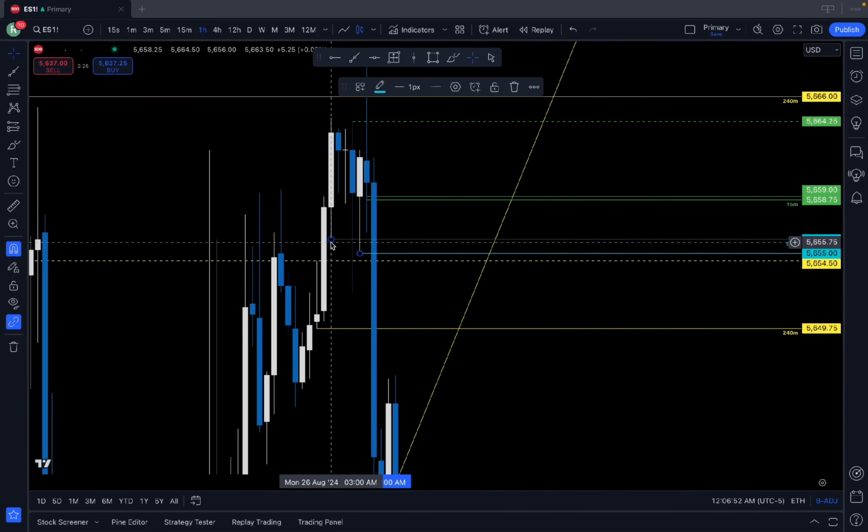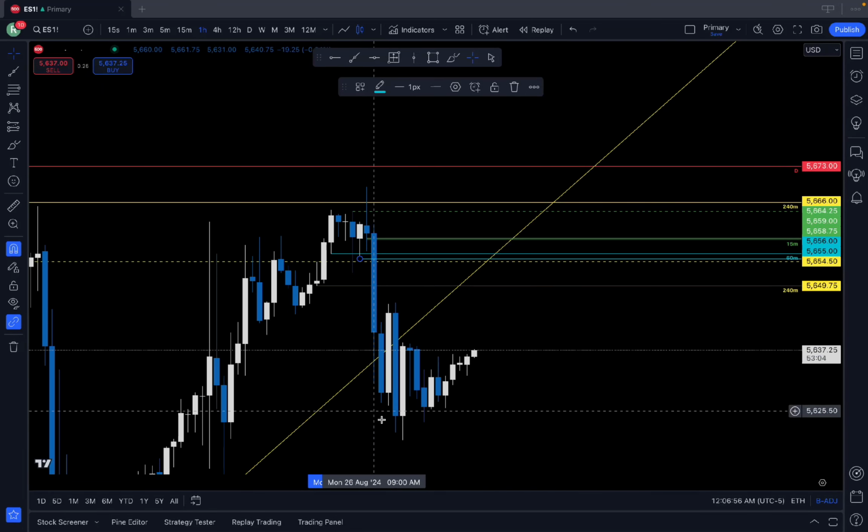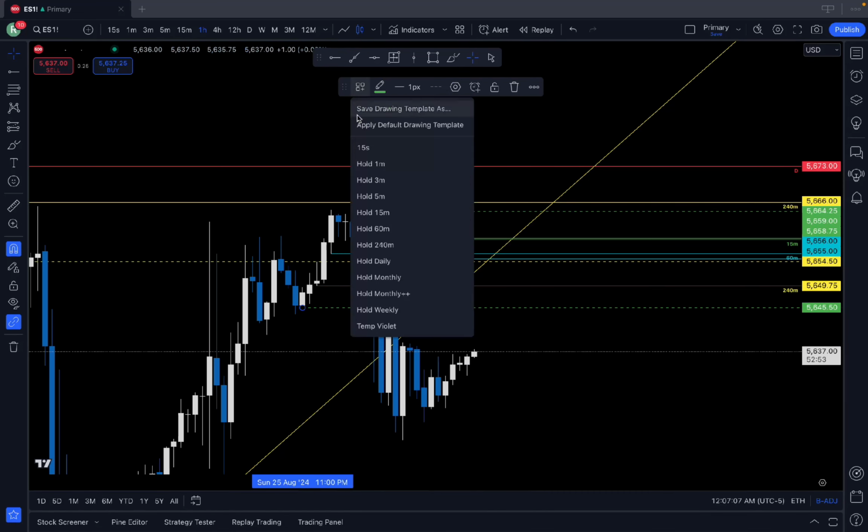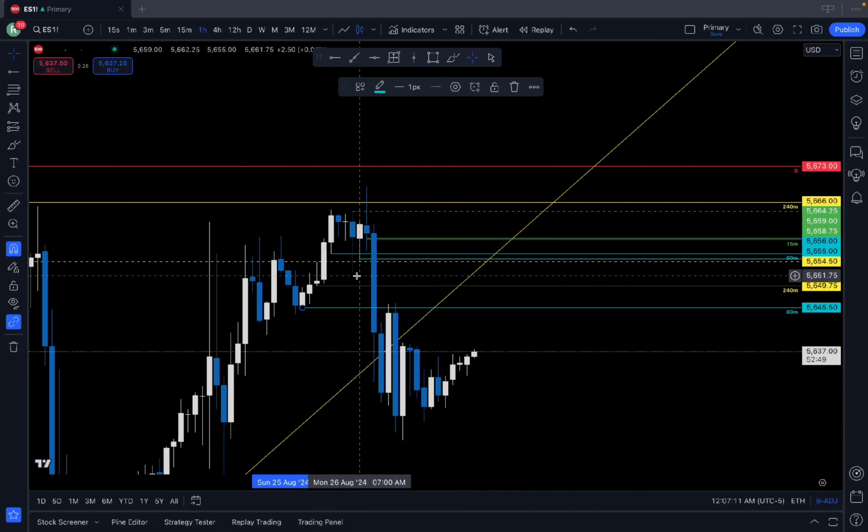There are these deeper levels as well, but ideally I want to see this hit more, or maybe even the backside over here, because we did. One thing I'm also seeing is that as we came down and came back up, we did hit the hourly on the back. So if we're hitting the hourly on the back, we're probably going for the hourly on the front, which would be